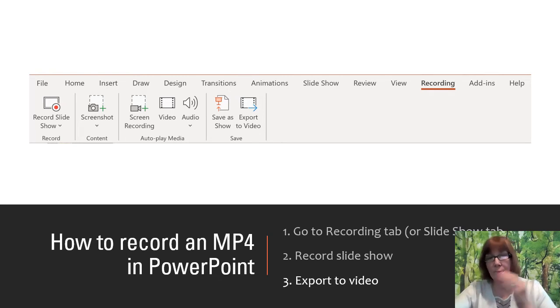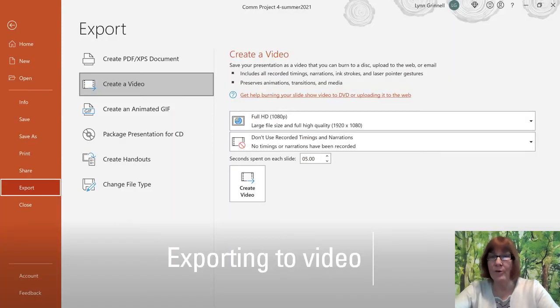Once you've finished recording on each individual slide, or recording all the way through, then you need to export it to video, which is right there. When you export it to video, you will get this export screen that comes up, and there are several ways to get to it. You can also do it by just going to the File menu and clicking on Export,